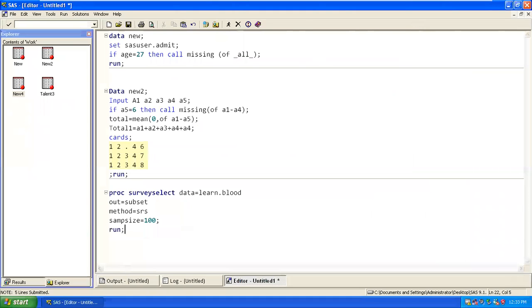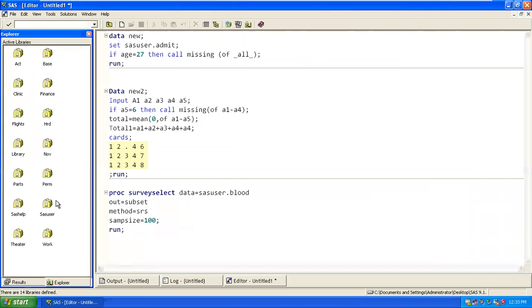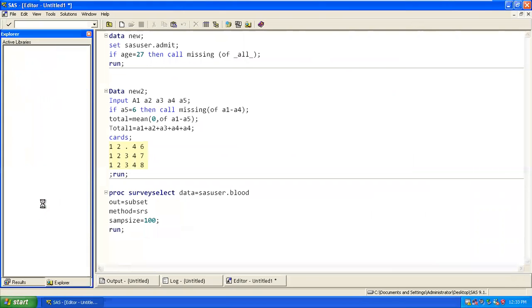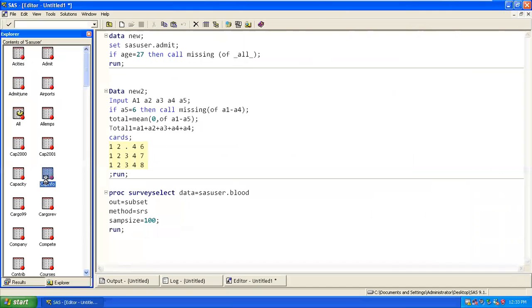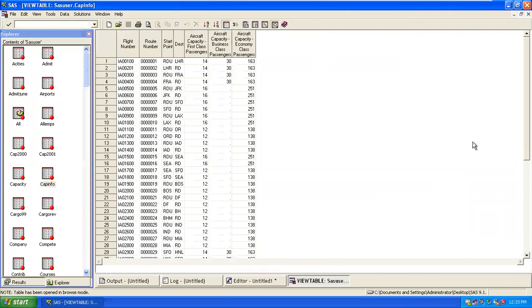If you go ahead and look at this, I can directly say I'm going to try with this SAS user data. I want 10% of it, 10 observations from your sample size. Let's say this is your SAS user, and I want to look at the cap info data. There is a lot of info, and I want 10 observations from this whole amount of data.